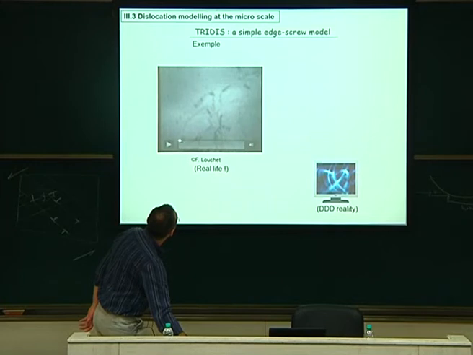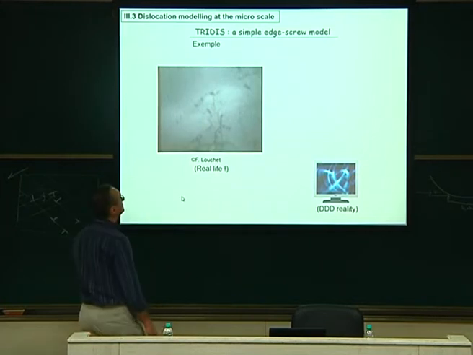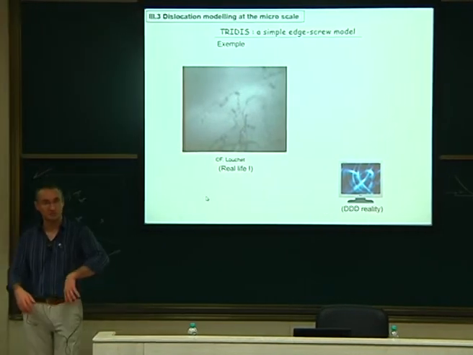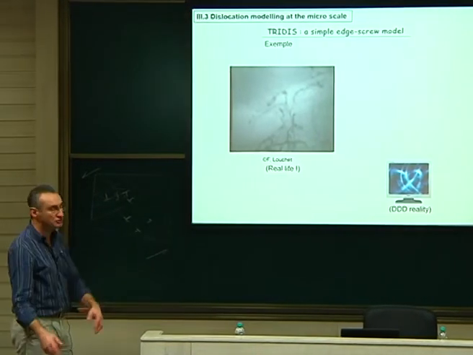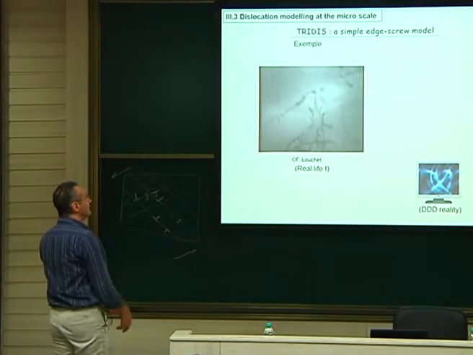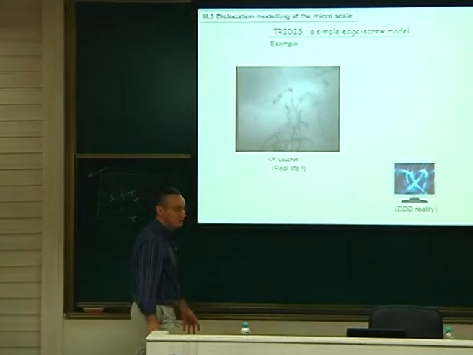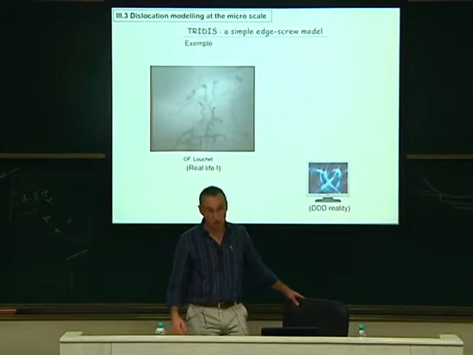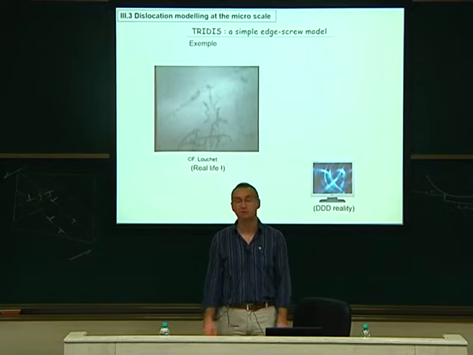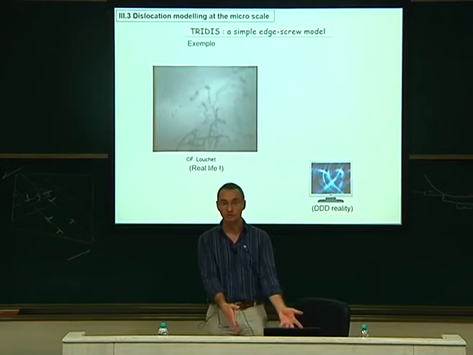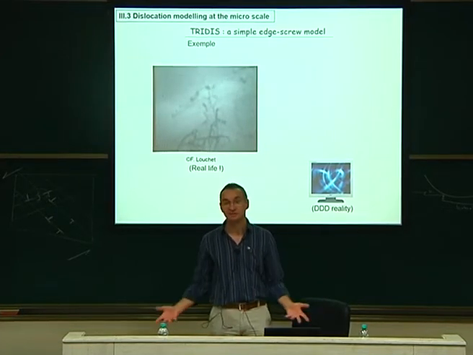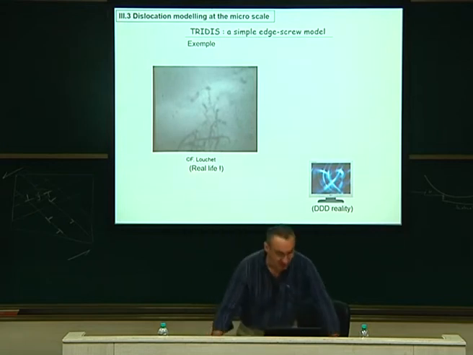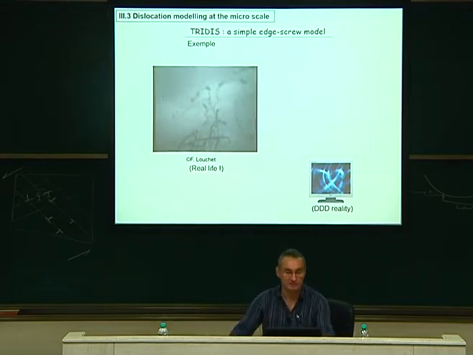We should be able to do this, to mimic that. This is our goal: to be able to mimic the Frank-Read source, multiplication, annihilation, all of these things. So just to show you that it works more or less, I can show you the code itself. I think that was better than making movies. So I will run the code in front of you so that you can have a look at what is 3D, how it works, so that you will better understand the code. I think that's the best illustration I could give for that.